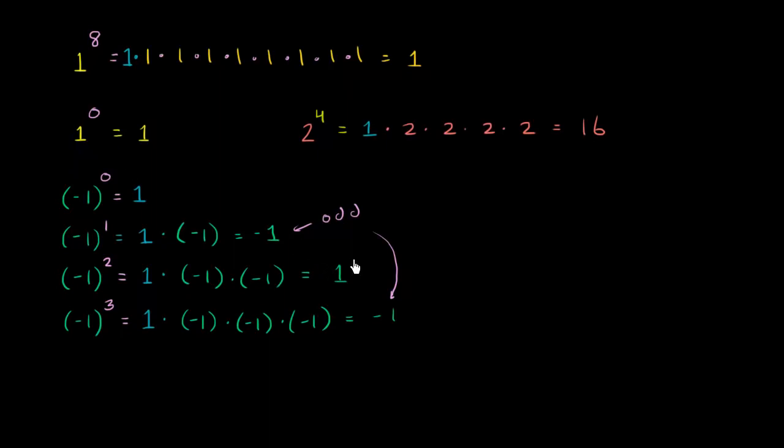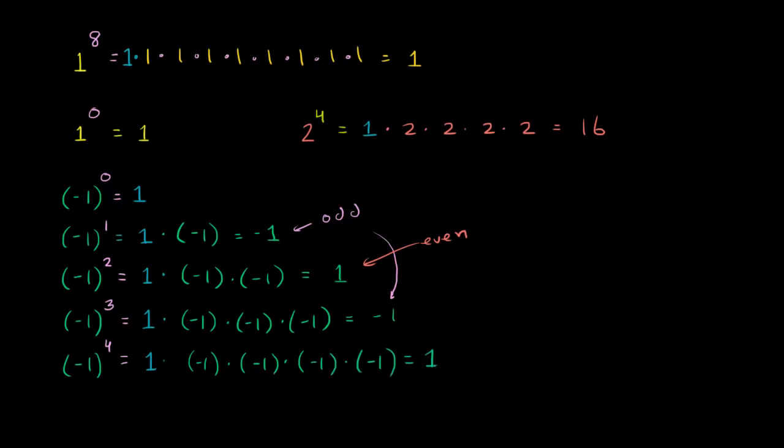So this right over here, this is even, even is going to be positive 1. And you could see that if you went to negative 1 to the 4th power. Well, you could start with a 1 and then multiply it by negative 1 4 times. So negative 1 times negative 1 times negative 1 times negative 1, which is just going to be